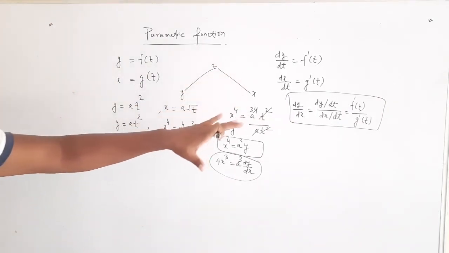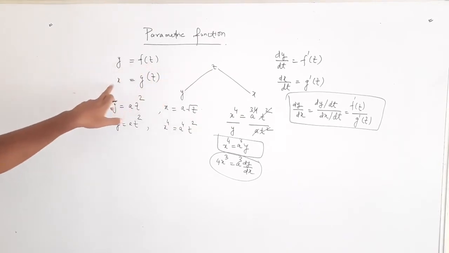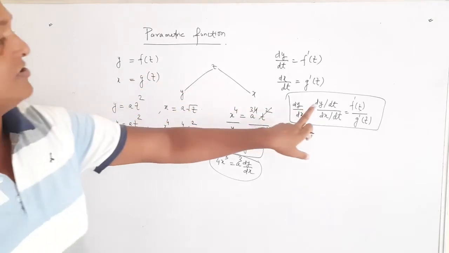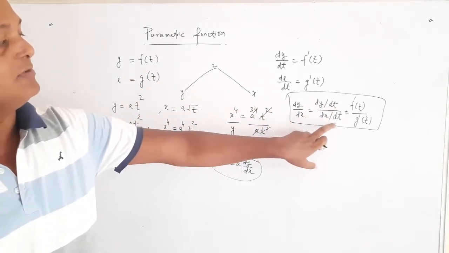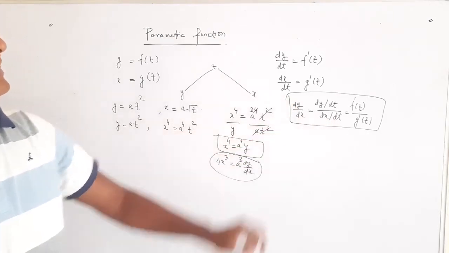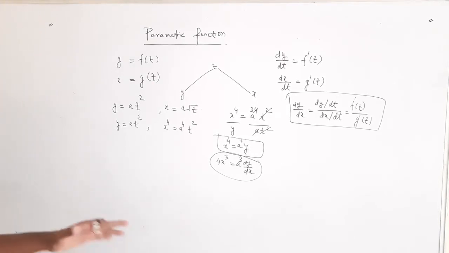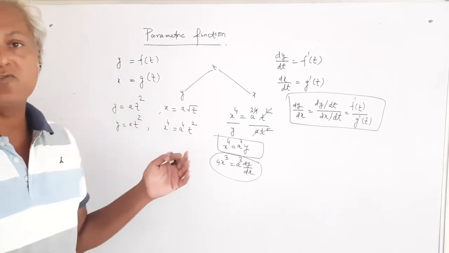So what you have to do, you have to find the differentiation of y with respect to t, and then differentiation of x with respect to t, and then divide the differentiation of y with respect to t by differentiation of x with respect to t, and you will find dy by dx. I think I have made myself properly clear, and then I will explain the very same idea with the help of some examples. So let me clear the screen first.